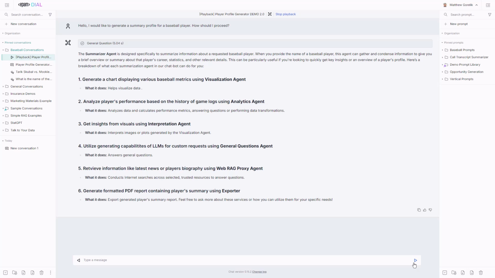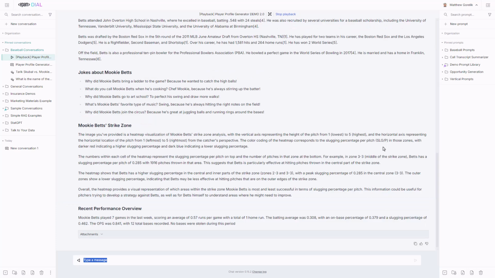Dial's unified API allows developers to create multimodal applications and provides a framework for weaving these agents together into a single access point for the end user. All Dial applications are also accessible programmatically via API. Let's ask for a complete profile for Mookie Betts so we can see each of these agents in action step